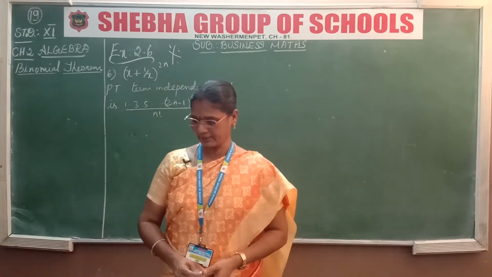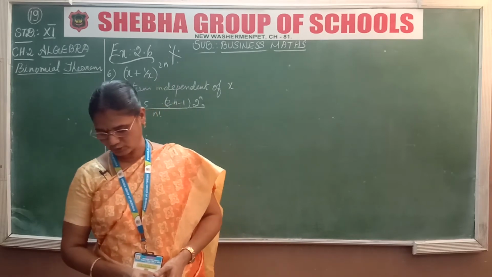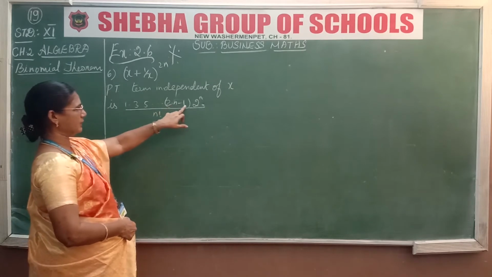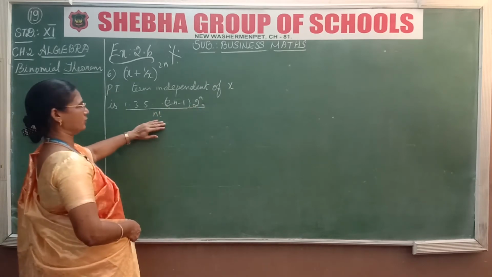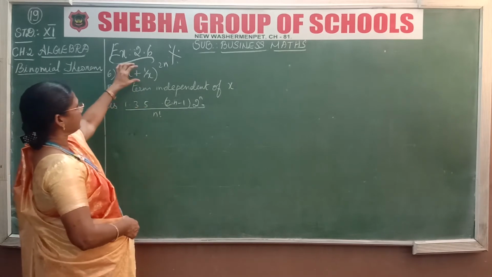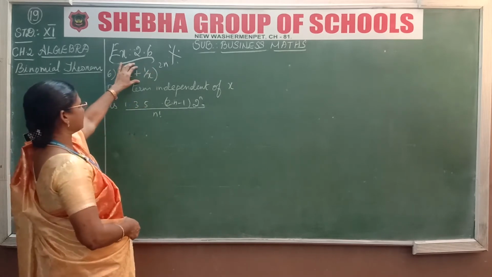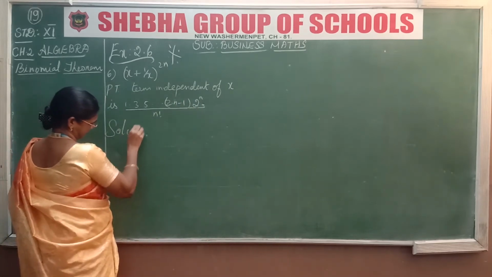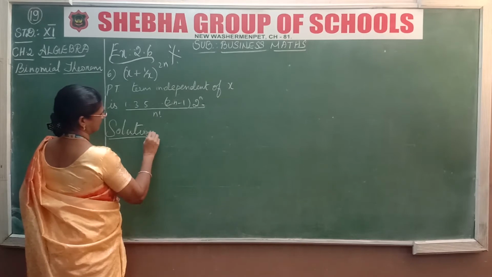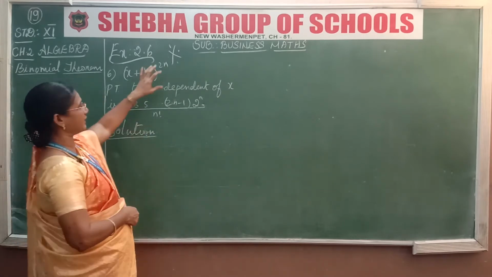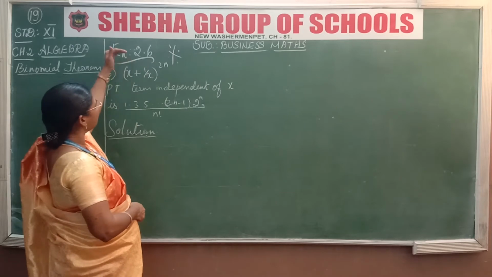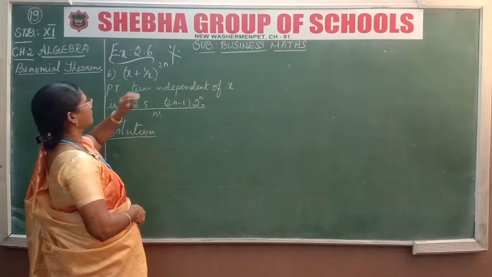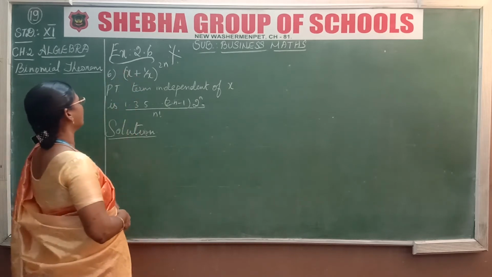Let us see the sixth one. Prove that the term independent of x in the expansion of x plus 1 by x whole power 2n is 1, 3, 5 etc. up to 2n minus 1 into 2 power n by n factorial. We have to prove the constant term or independent of x term is this. Okay. Listen. First, this is same as the fifth one and also it's a very important sum. 2.6 is fully important, as well as 2.5 also, because 5 mark sums are taken from these two exercises 2.5 and 2.6.